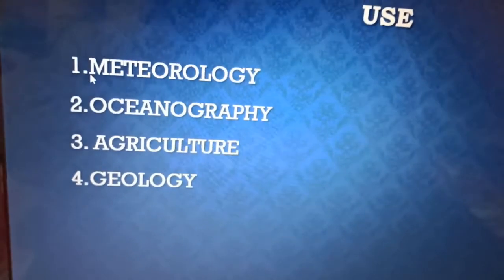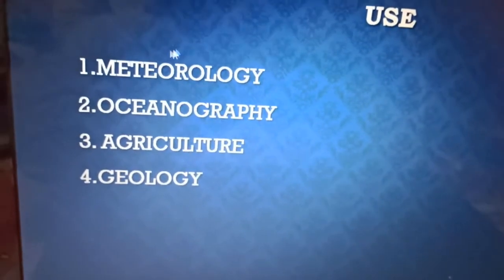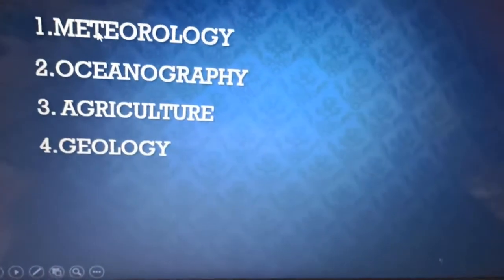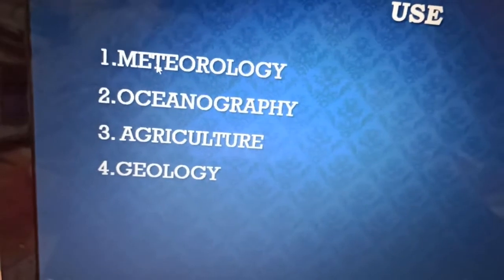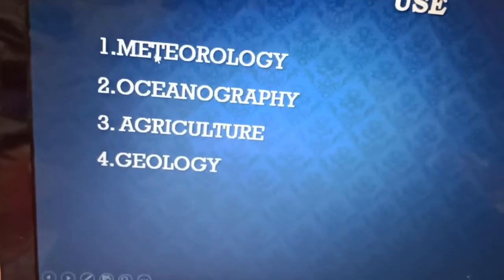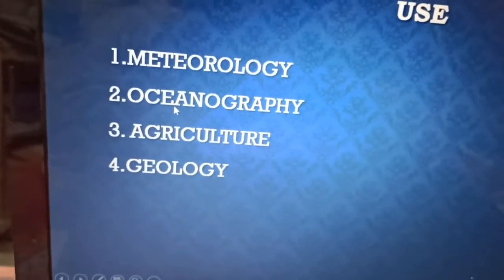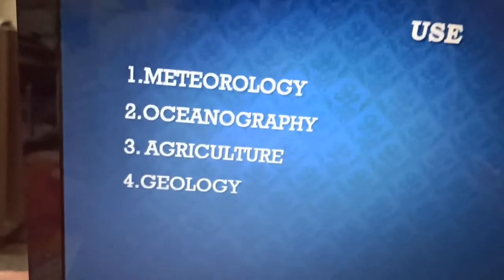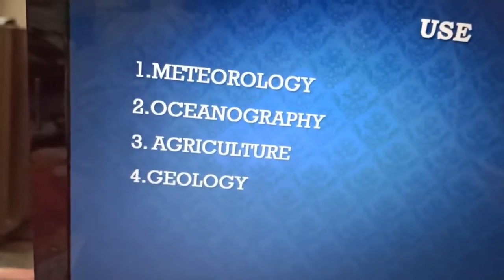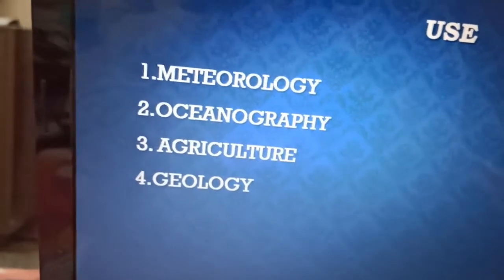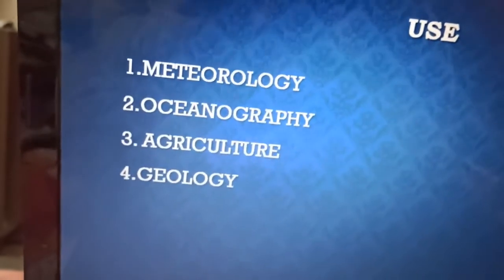Satellite images are used in various fields. Amongst them, number one is meteorology. Satellite images help to understand the forecasting behavior of the atmosphere, and also help in the prediction of thunderstorms, cyclones, etc. Next is oceanography. In the oceanographic perspective, it helps to know about the condition of the sea and the ice glaciers present in the oceans. It also helps in mineral extraction from the oceans.